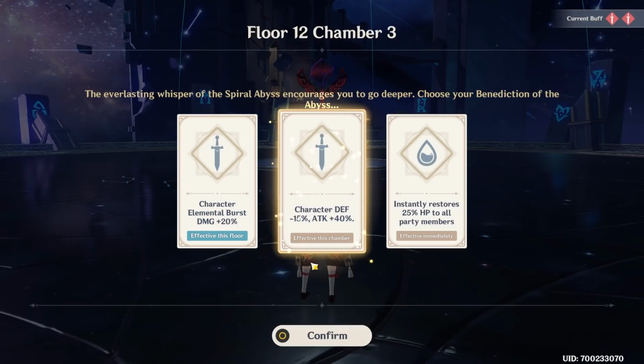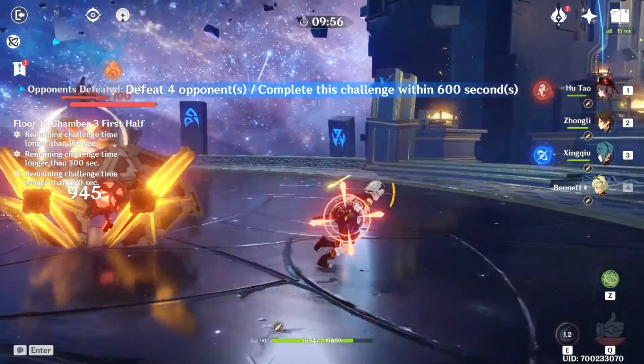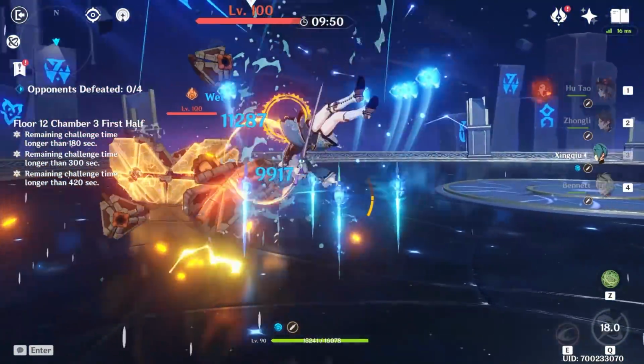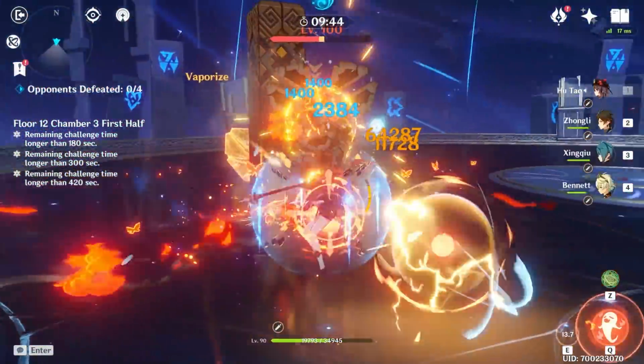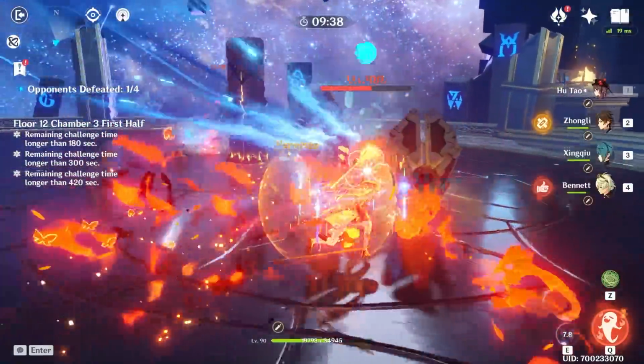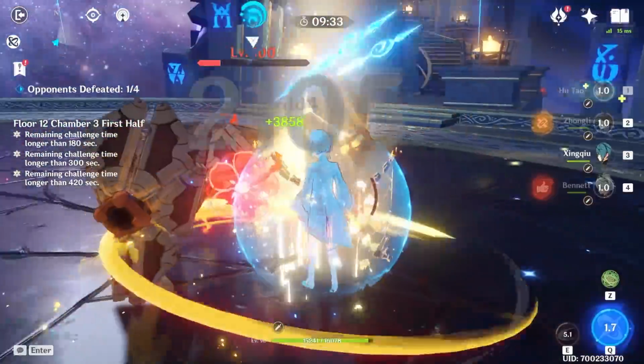Here, I guess we are going Glass Cannon, def minus 15, attack plus 40, since it's the last chamber. Oh, we have 0 Binny boost. Let's go ahead and start with Water Dude then, I guess. Get some Zhongli shield, and start hitting on them without Binny. Still does good damage. She's unfortunately also not under 50%, so...